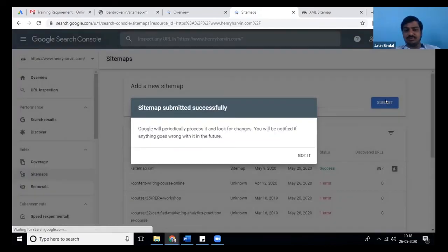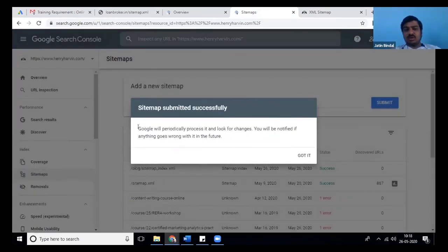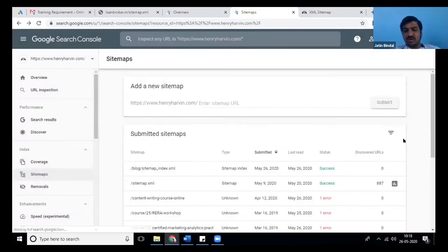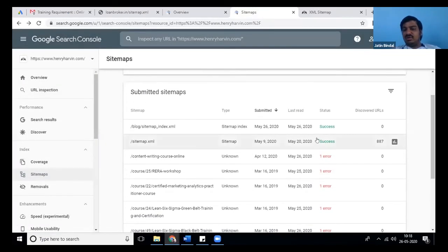Now it shows Google will periodically process and look for changes. You will be notified if anything goes wrong in the future. Whenever you see a success, it means your sitemap is correctly put in Google Search Console.